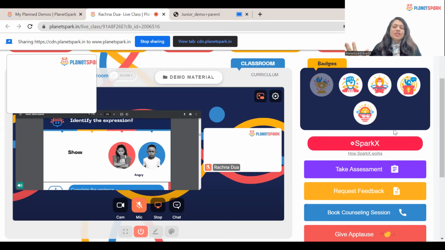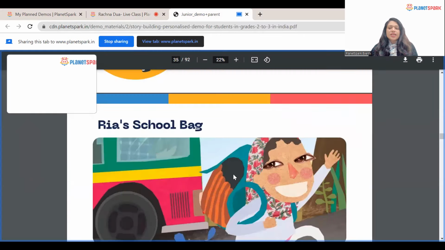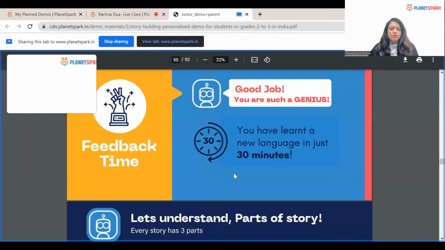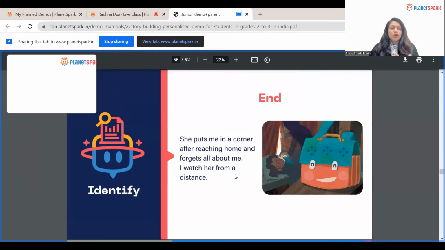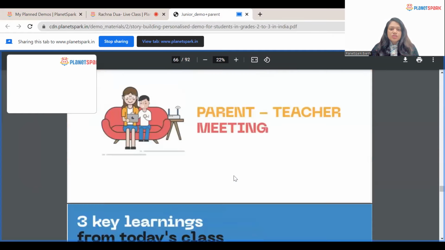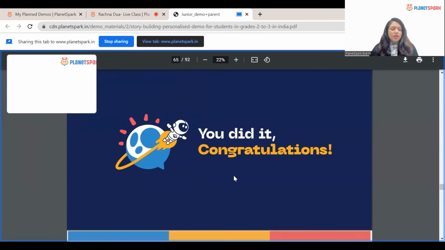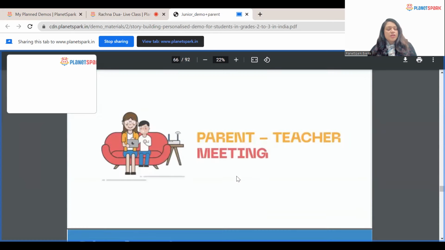Now, during the whole session, you have made the observation and you have got over with the demo session now. And now it is time to give the assessment to the parent. Once I'm done with the demo session, you will reach somewhere around the 30th, 40th slide of this presentation, not 30th, 40th, but now it is more. Yes, you will reach here. So you tell the child that congratulations, you did really well. So the 65th slide, right? You reach here and you congratulate the kid